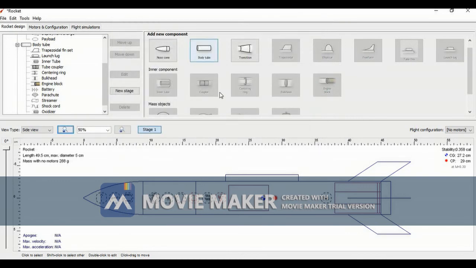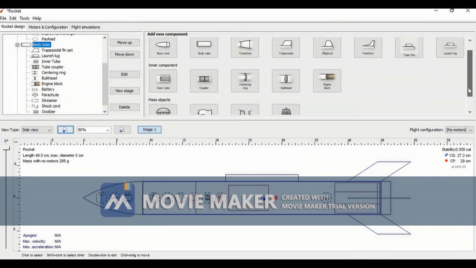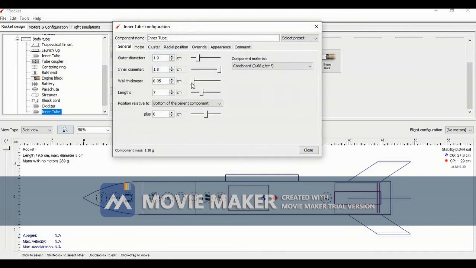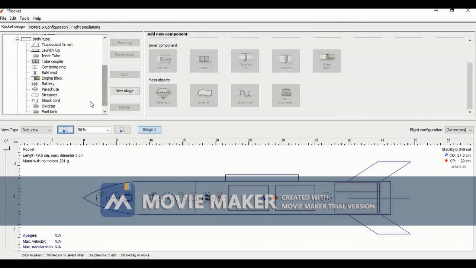Now let's take another inner tube and let's fit it in there. So now let's take the inner tube and let's decrease its size here, like here. And decrease its length now here, and now let's increase its diameter. Okay, so we'll name it as fuel tank, as these both are important and there is no option for them. So we'll put it like this, and I think we are done.